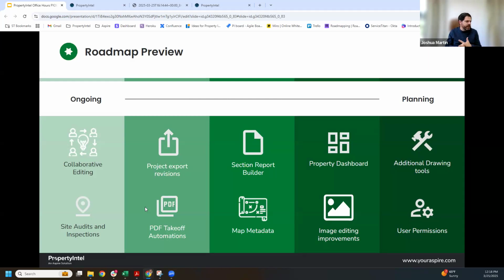The same with the site audits and inspections. That's all the reference map features we demoed last month. This month, we've probably got about 1 month or so worth of releases related to that to be able to finish out that workflow. And then we'll be getting into project exports and our PDF takeoff automations. And so those are the next two largest feature sets coming in,